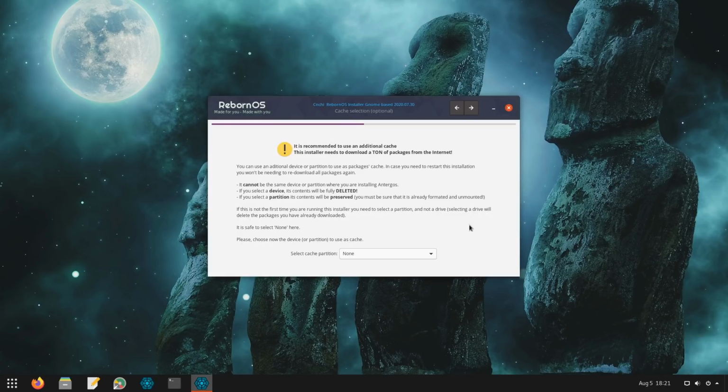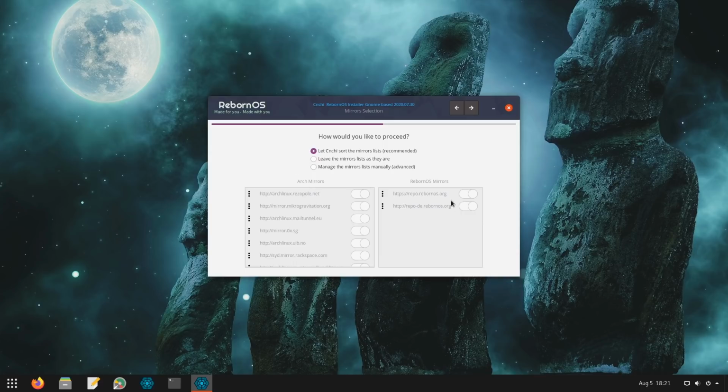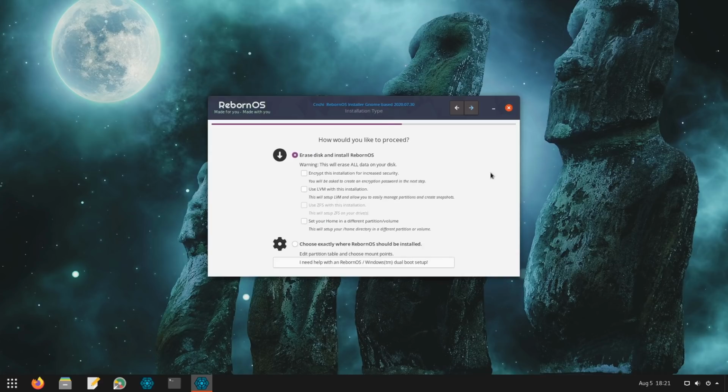You have a disclaimer about your Arch user repository. Select your caching partition. And then from there, it's since you do the mirrors. And then from here, we're not going to go ahead and run through this because we already have this installed. But from this point out, it's just where do you want to install it